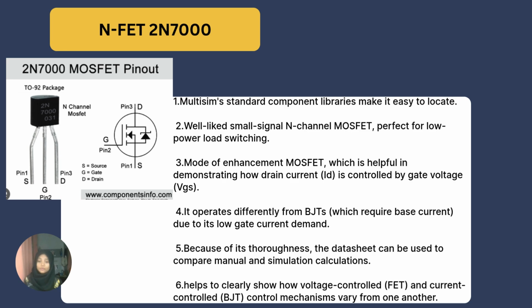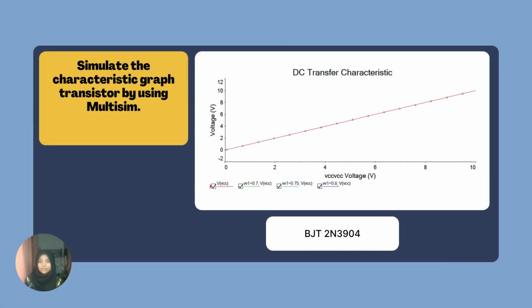Because of its thoroughness, the datasheet can be used to compare manual and simulation calculations. It also helps to clearly show how the voltage-controlled FET and the current-controlled BJT control mechanisms vary from one another. This is the characteristic graph of the transistor for the BJT 2N3904, and this is for